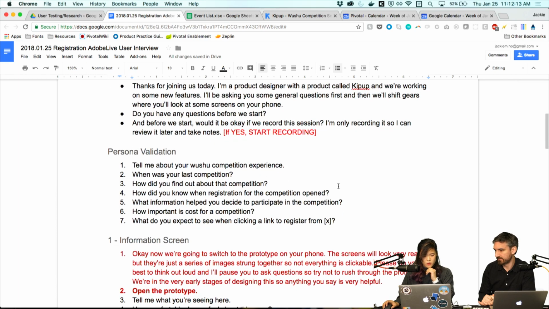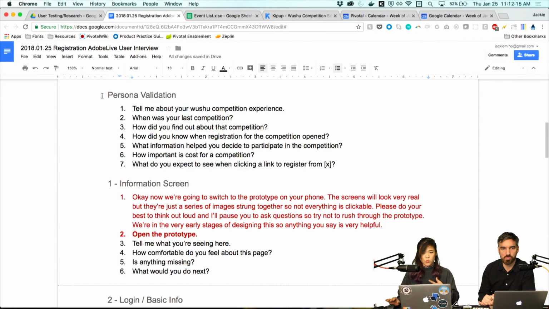And then getting into the questions, we'll do a little bit of what I call persona validation. I actually know our user today personally, so I know a lot of these things, but it'll be great for everyone to see what that will look like. Persona validation is just a means of saying, is the user someone who would actually use the app? Because if you don't know the user, or if you're using recruiting or something like that, you want to make sure your user's someone who would actually use your prototype.